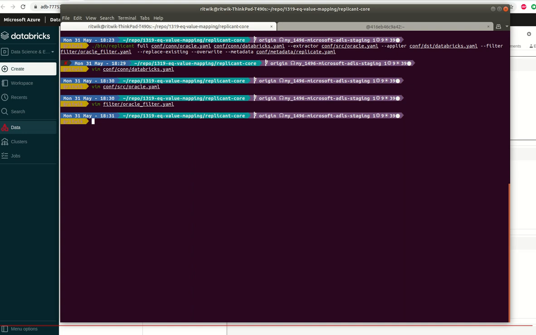Now let's run the binary. We will run Replicant in full mode. That means at first we will complete the snapshot replication, and then we seamlessly move into the real-time replication. After snapshot, we will show the target database situation. Then during real time, we will show how DMLs on source are being replicated to target. So now let's run.